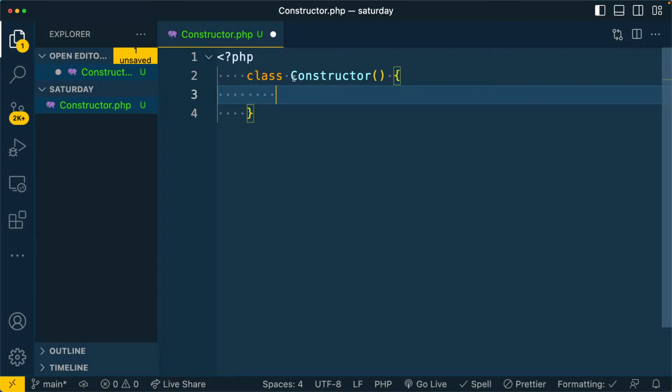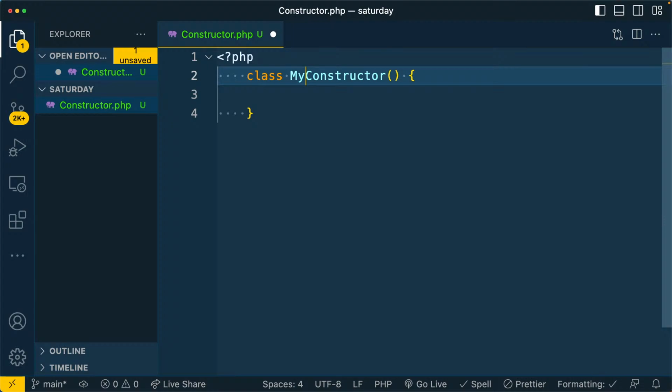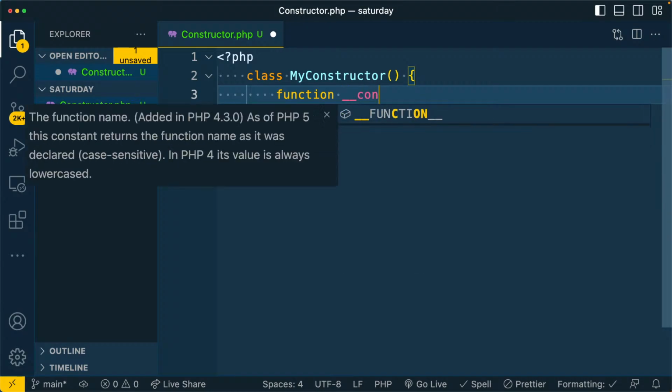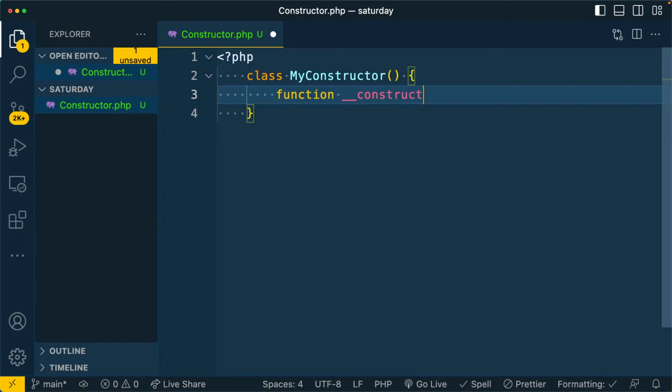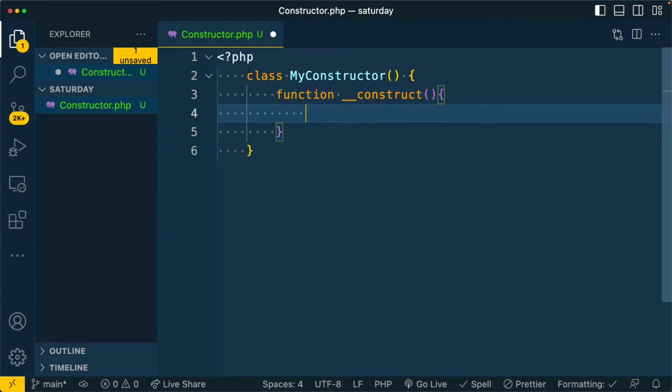That's if the word constructor is not a keyword, or to be sure, I'll just call it my constructor. Then here we can create a constructor. The constructor is created with the function keyword, then 2 underscores and the word construct, then parentheses and the curly brace. So since this will be invoked at the creation of an instance, we can just echo something here